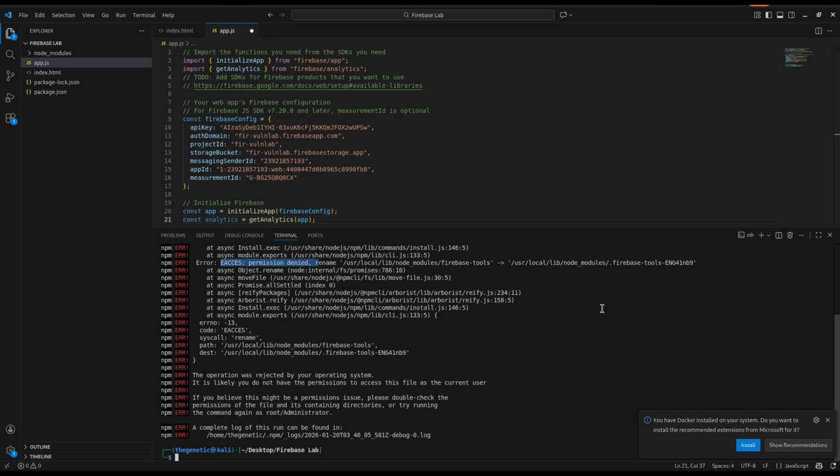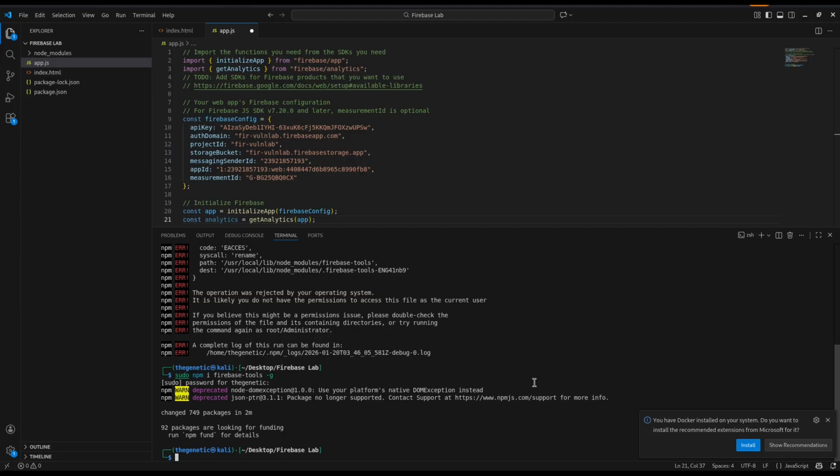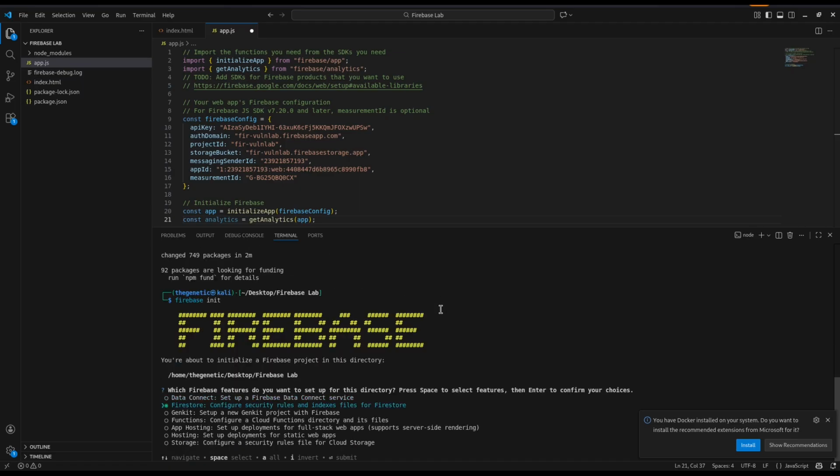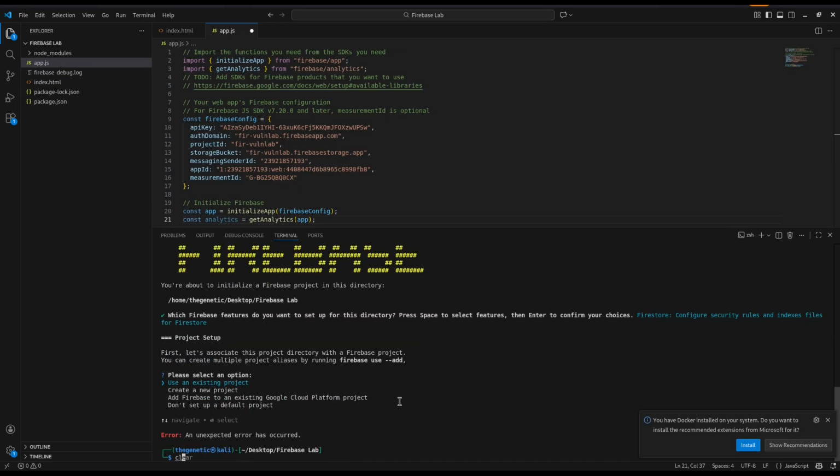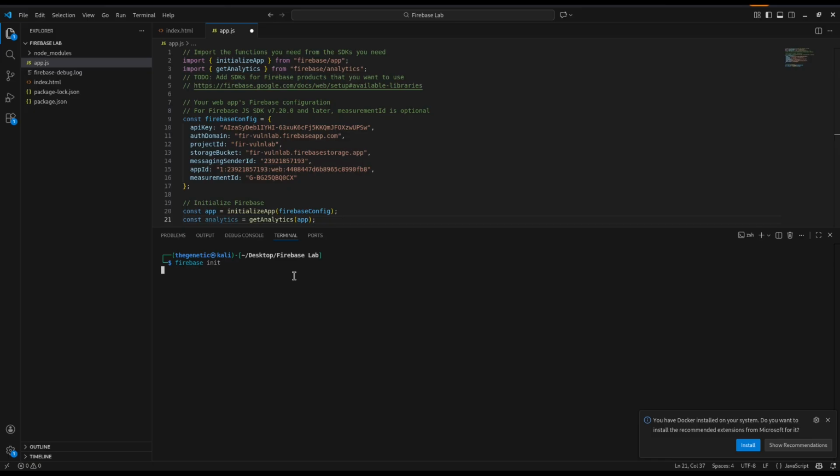Permission denied, so we need to use sudo. It is now installed. Now, if we want to execute this Firebase project, then we need to first initialize Firebase here. So for this, type firebase init, clear the screen, firebase init,